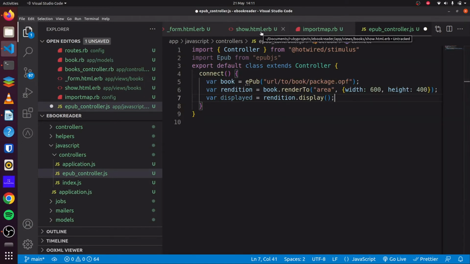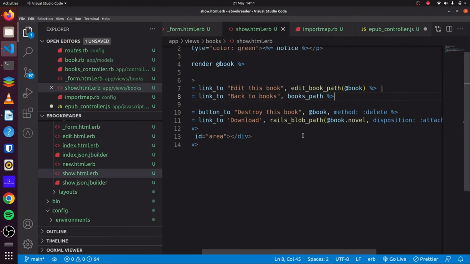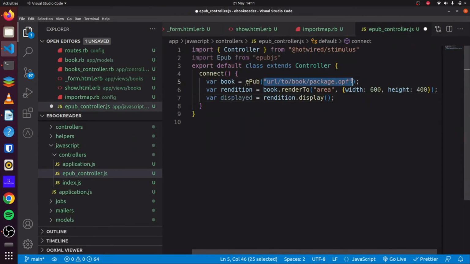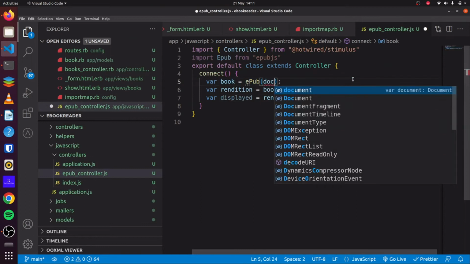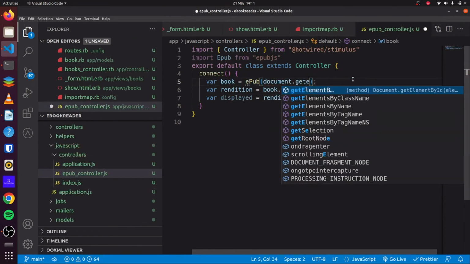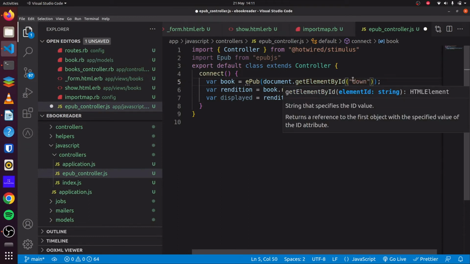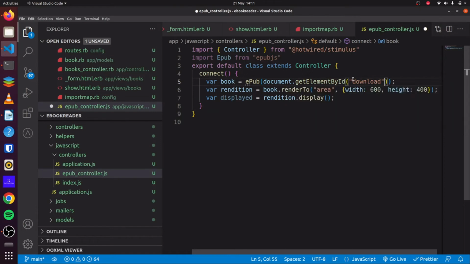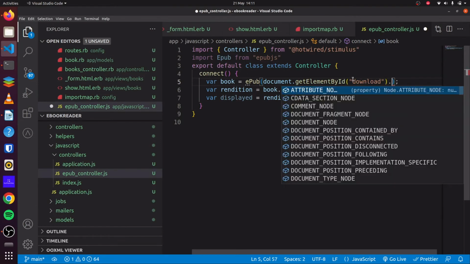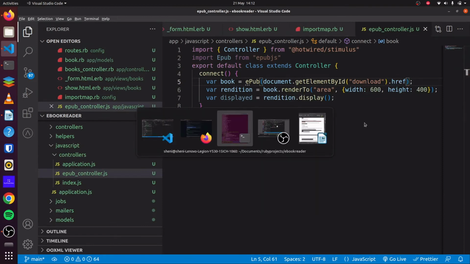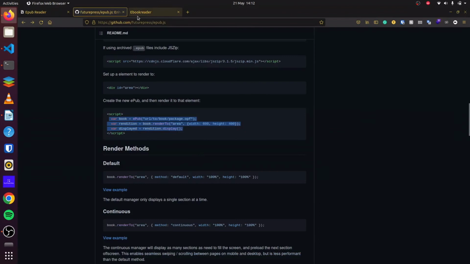And since we added this link here, we could just use this link instead. So we could do document.getElementById. We can say download. And for this, we want the hyperlink reference. So if we go back,